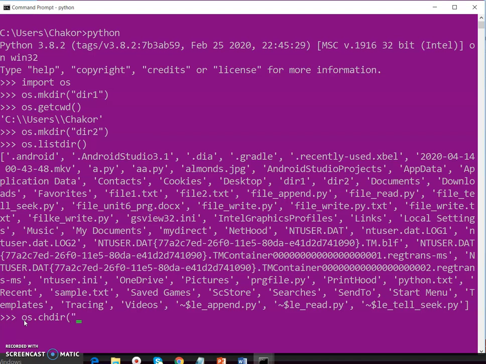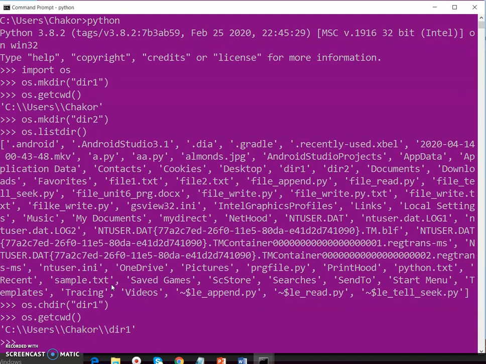Suppose I want to access this dir1 folder, so directly I am going to write it here, dir1, and now check whether the current directory is dir1 or the previous directory.